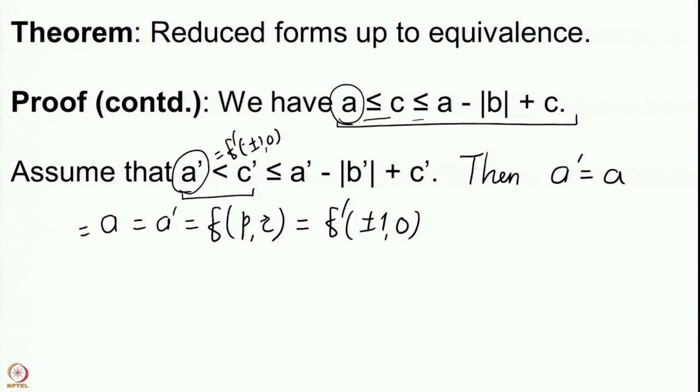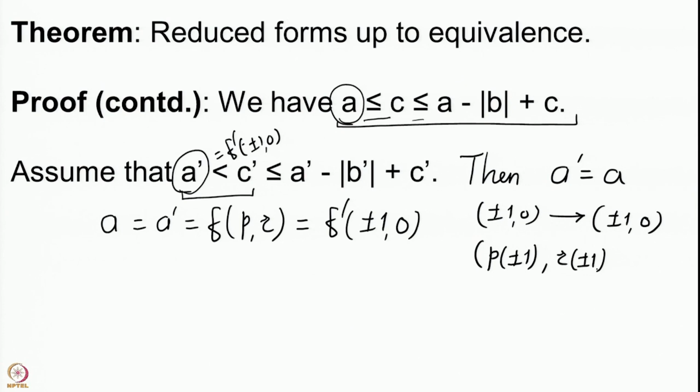So, what we get further is that when I have the integers plus minus 1 comma 0, you apply the change of variables and you still get plus minus 1 comma 0. We should have that p times x, which is plus minus 1, plus q times y is 0. So, we just get p into plus minus 1, r times x, r times plus minus 1, plus s times y, but y is 0.